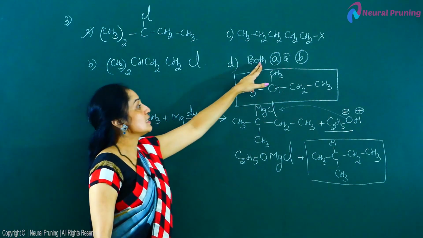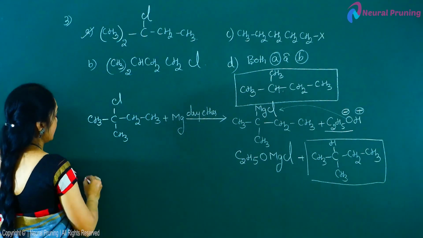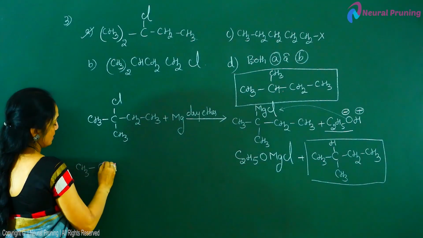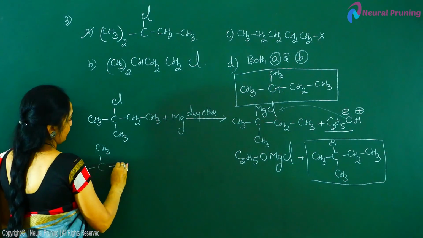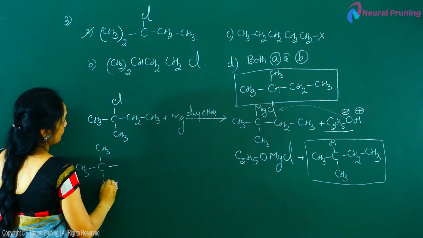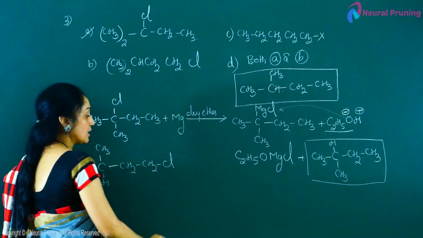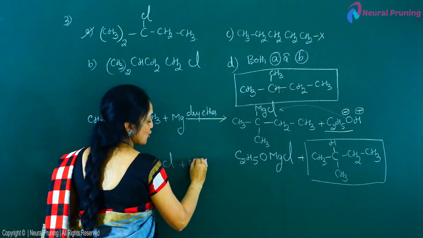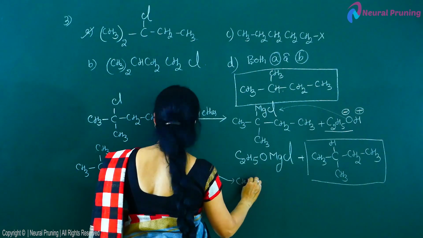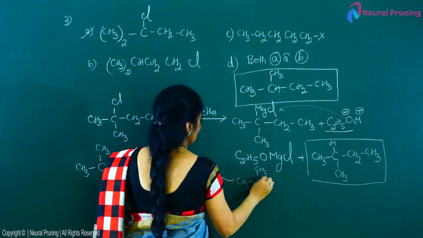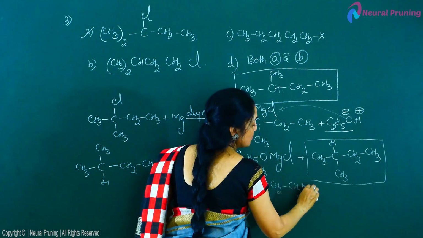right? We have an option telling that both A and B. So you need to check even for B now. That is CH3C, we have here CH3, hydrogen, then CH2 group, CH2 and Cl, right? Again, you will treat this with magnesium, where we get the compound CH3C, CH3, hydrogen, CH2, CH2, MgCl,